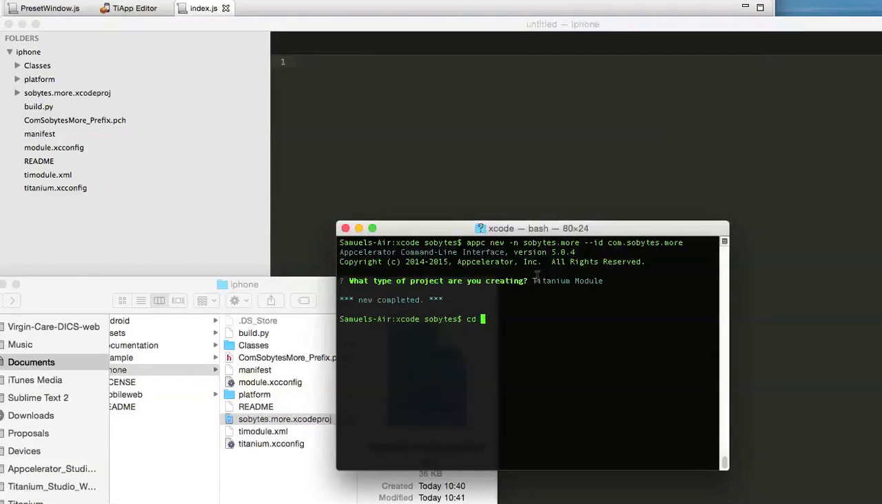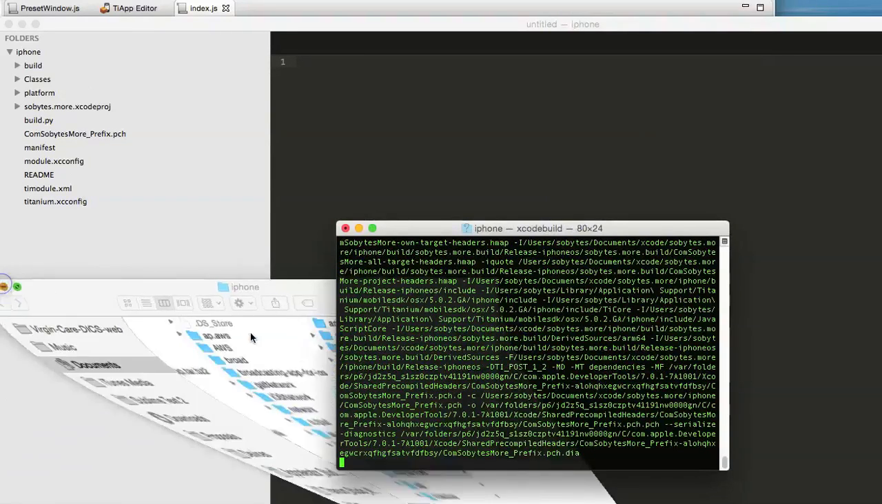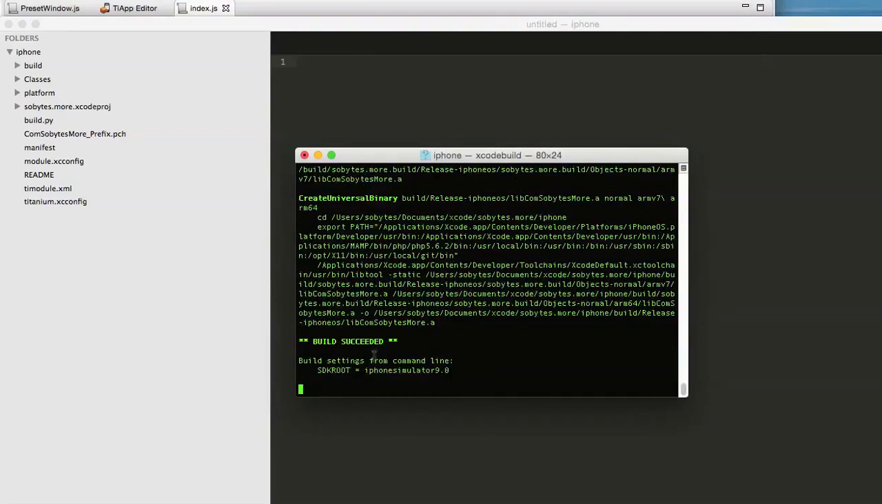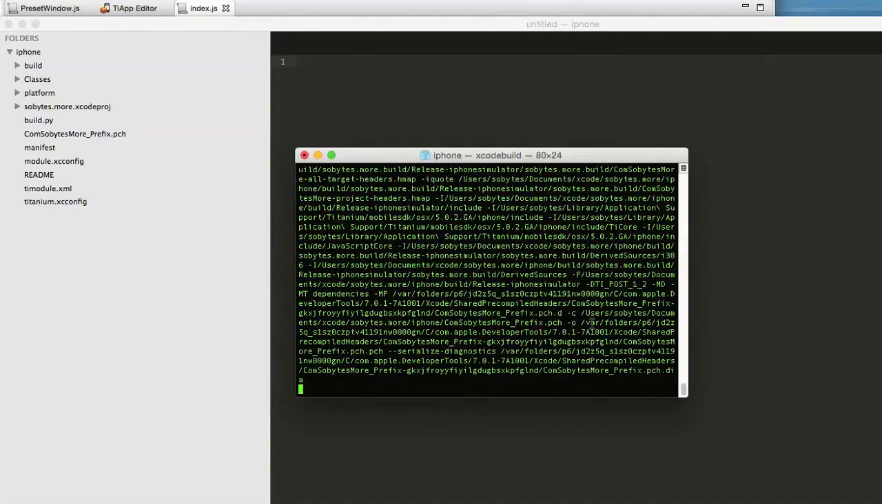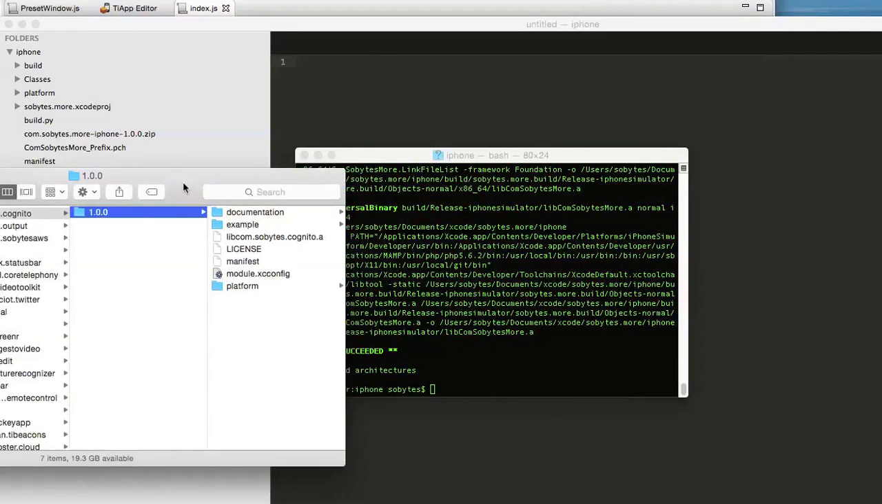So now I can just cd into, I can't even remember what it's called. So cd into that. Yeah, cd into iPhone, and then I can run build.py. Okay, so that goes off, builds the module. Okay, build succeeded. Yeah, great. So I can then take this module,